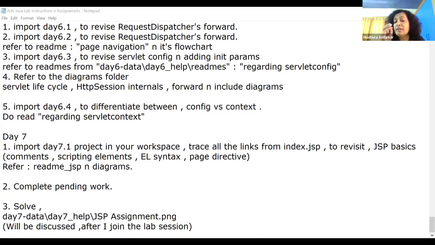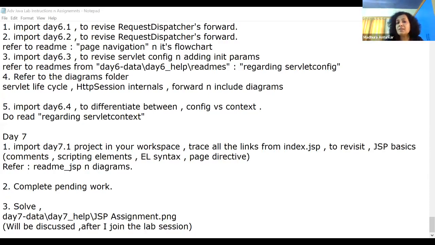And you know that in the default constructor, the config object is null. So you are calling getServletContext on null. Of course, you'll get a null pointer. But let me say it in interview terms. If anyone asks you, when is the servlet context object created? What is the answer? Right at the application deployment time.